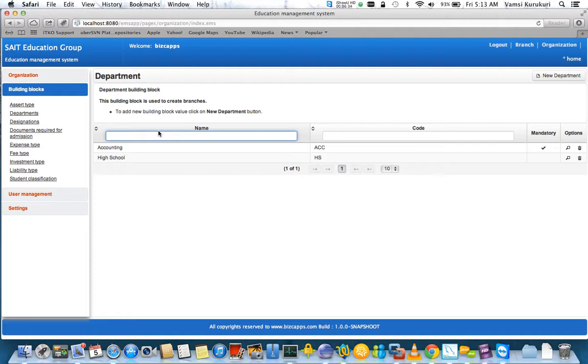So basically, to give you the bottom line, building blocks are an element you can use to define the nature of the branch. That's pretty much it in defining building blocks in